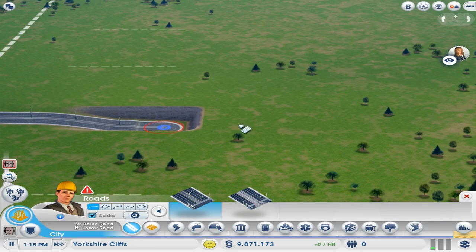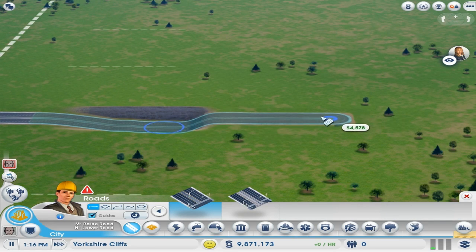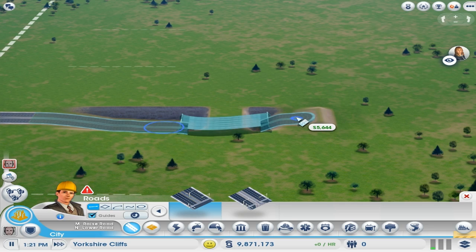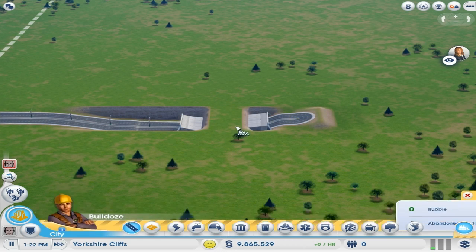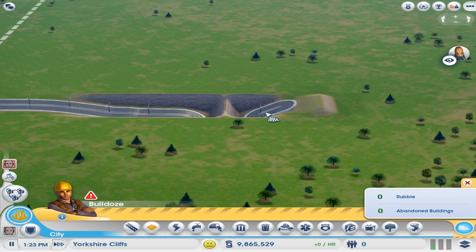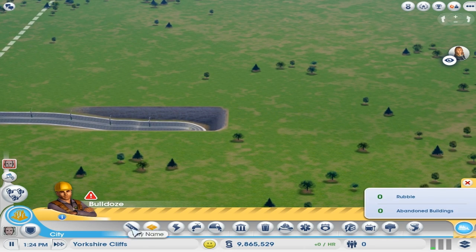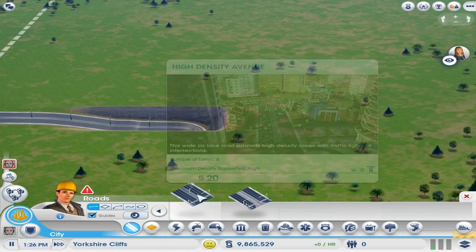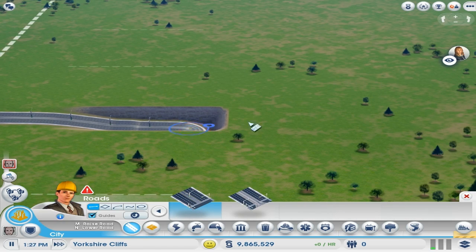Right. So again, let's not go too far. Let's just hold shift to make sure it snaps straight. Okay. That's going deep, I think. I hope so. Yeah, there we go. Going deep. So it's this quick and you can get really deep. You don't have to go as deep as what I go, but I like the fact that you can put